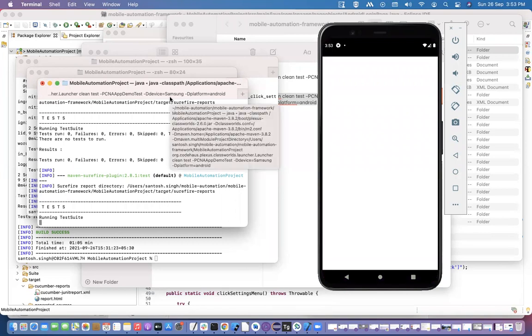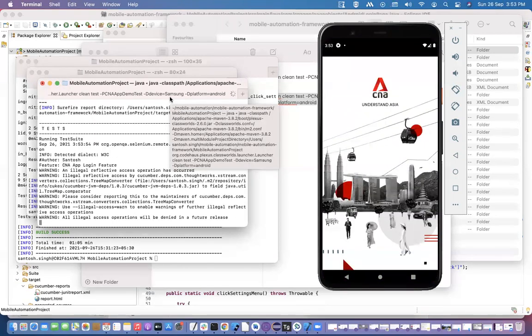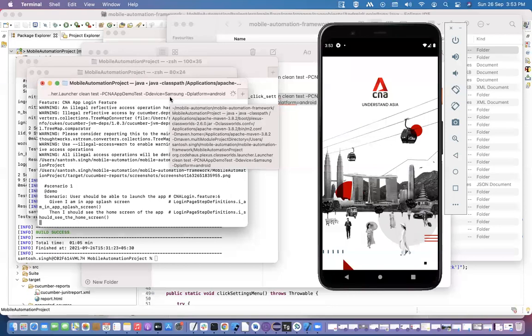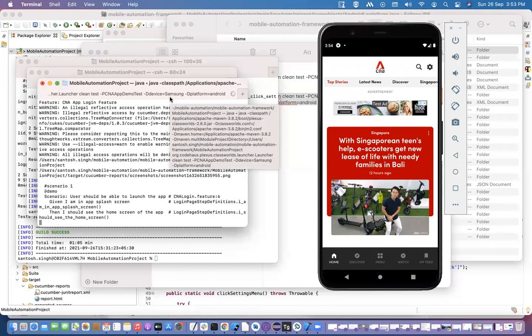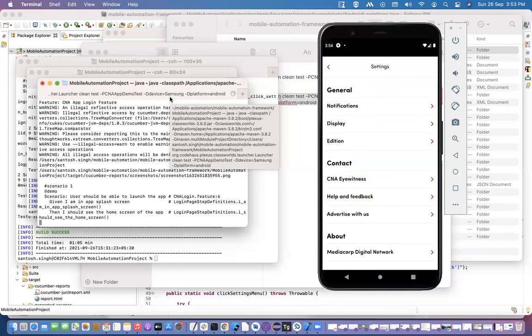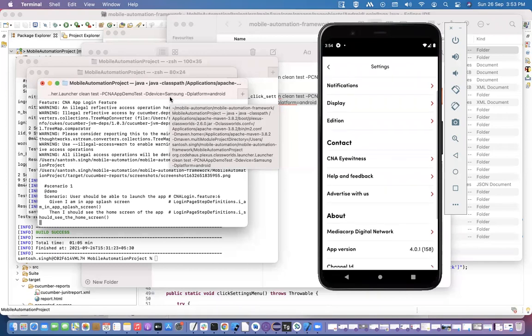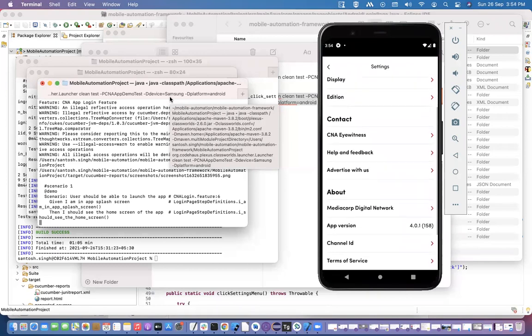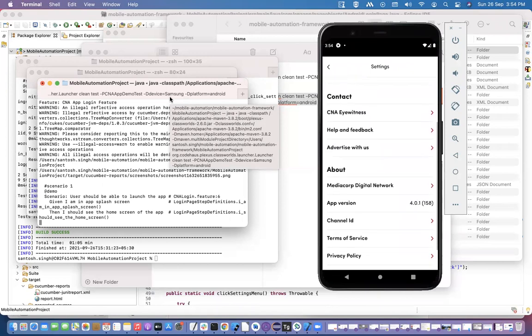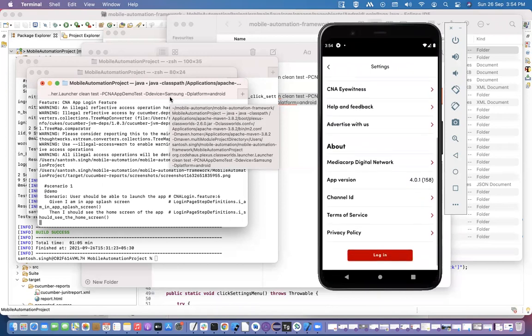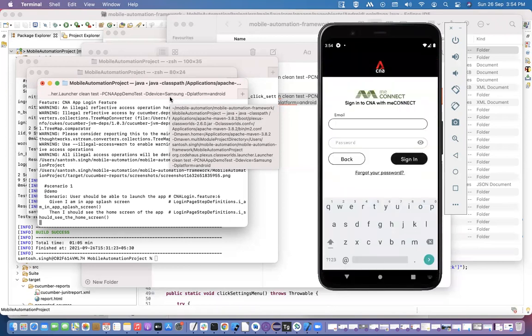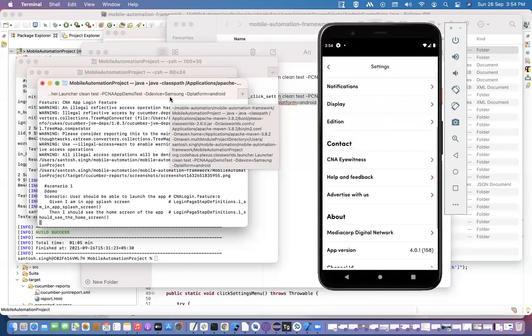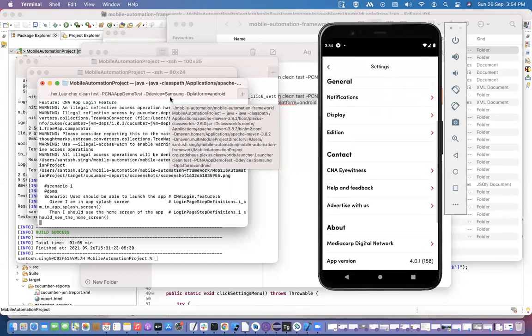Let's see, it first launches the app, then scrolls down.